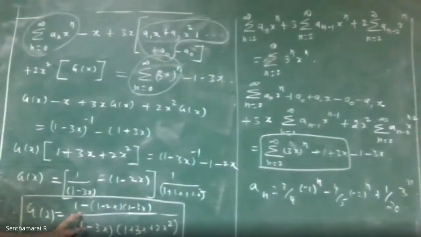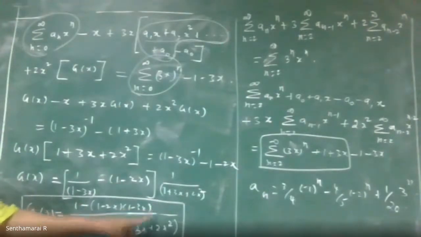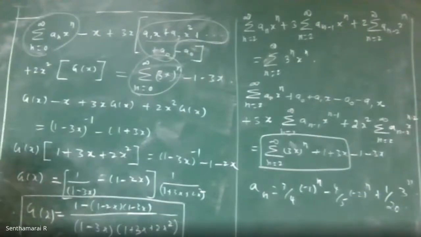Here, when you use the partial fraction, a by this thing, bx plus c by this thing. Quadratic term is coming now. So you have to write bx plus c. Can you proceed with this problem yourself?